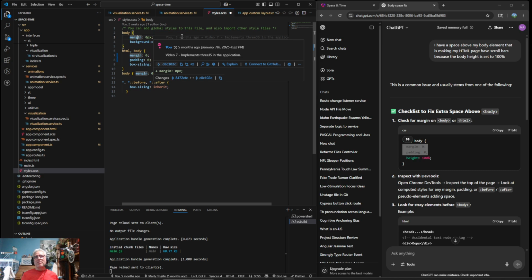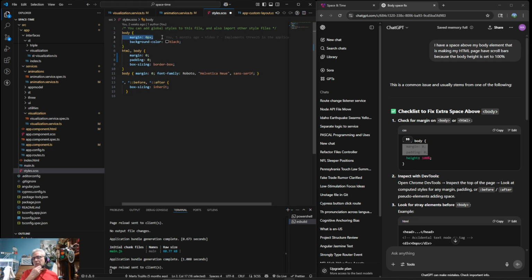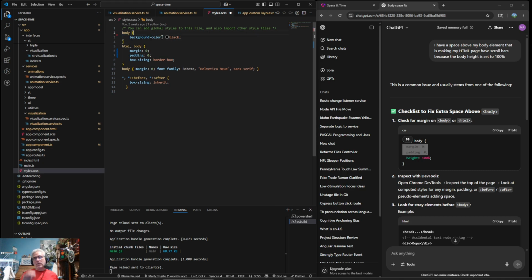Implements ThreeJS application, Video 7. So that's something I did very early on. Another thing, I think, is having the px in 0px. I don't know why that bothers some systems, but it really does.